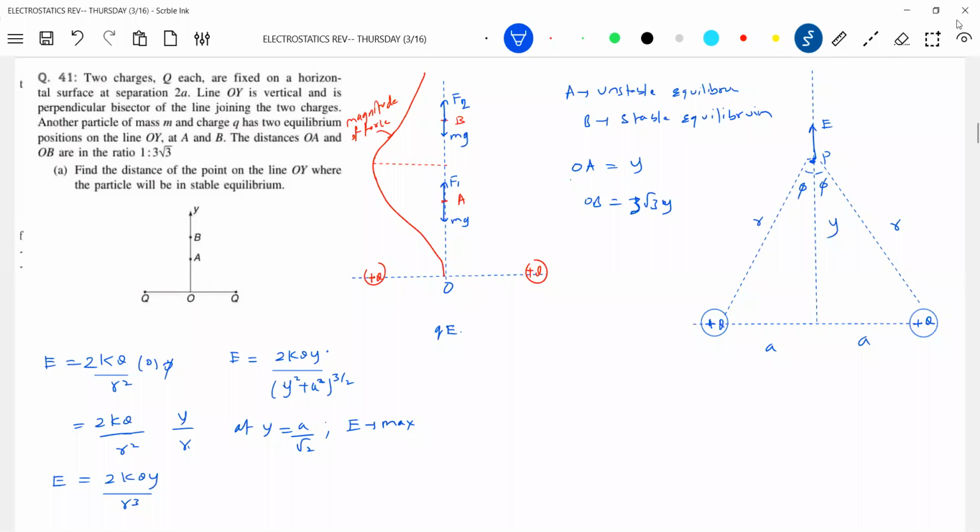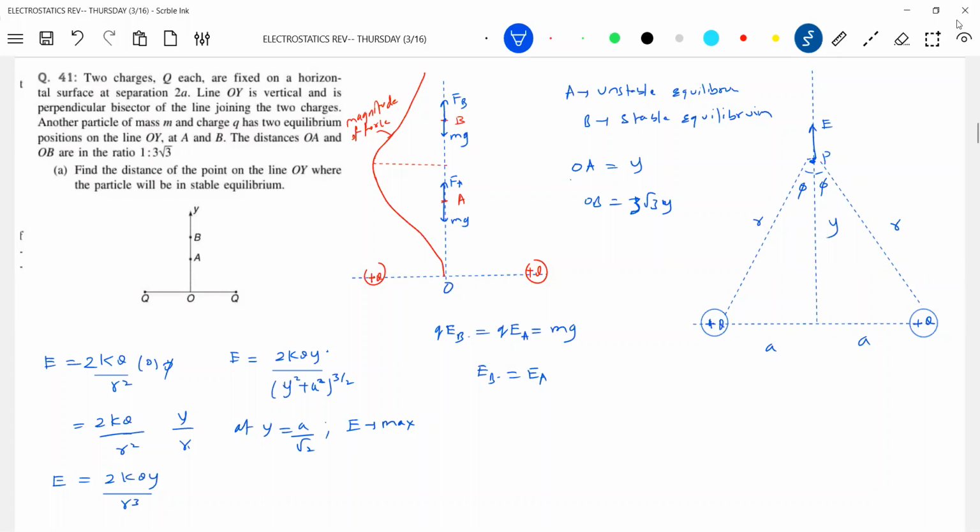QE2 should be equal to QE1, which should be equal to mg. Will I agree? So what is the basic equation now? E2 should be equal to E1, the field at 2 and 1. Shall we? I think I'll write FB and FA, because so many symbols will come again. This should be QEB, and this is QEA, because they are in equilibrium.